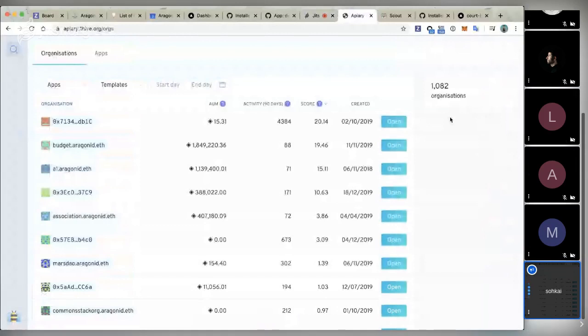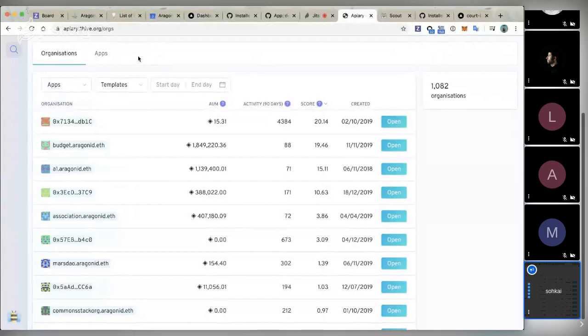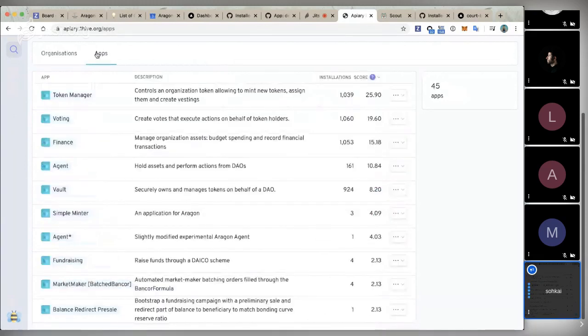Okay, great. So the first thing to talk about is app mining, which is, I believe, one of the AGPs. I forget exactly which number, but One Hive is basically working on something equivalent to what Blockstack was doing with their own app mining. We're basically looking at applications here. If we go to this tab, you can visit this if you go to